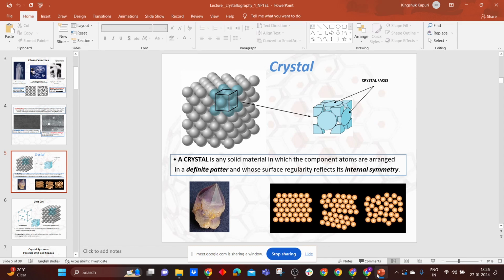Do you guys agree with me or not, students? Yes. Okay, so this is 100. Similarly, a crystal face which is intercepting B will be 010, and if it is intercepting C and parallel to A and B, it will be 001, right? So this way we form the crystal faces, and the notation or the numbers I have used are the Miller indices. Okay, and I think you guys know the Hermann-Mauguin notation, guys.